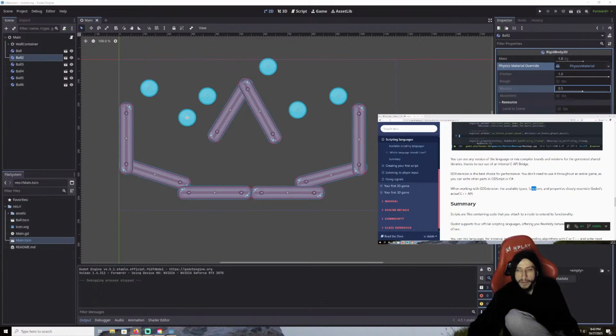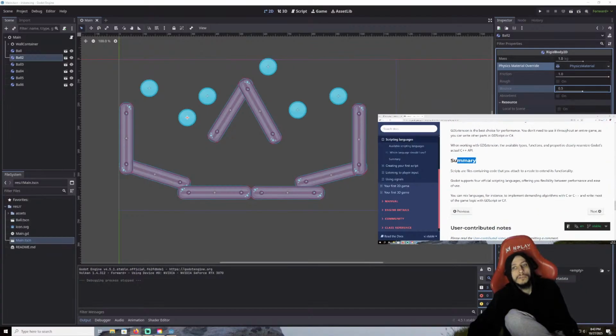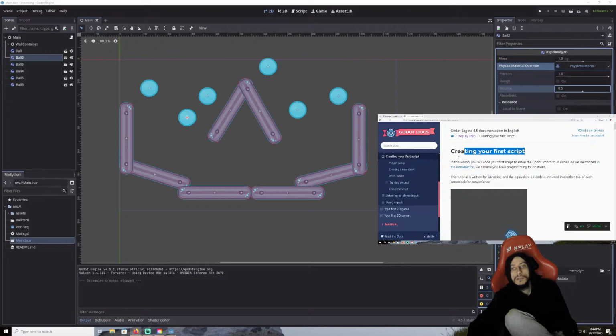GDExtension available. Scripts are files containing code that you attach to a node to extend its functionality. For official scripting languages, demanding algorithms. Nice. This is how you code your first script to make the Godot icon turn in circles. As I mentioned in the introduction, we assume you have a programming foundation. The tutorial is written in GDScript, and the equivalent C# code is included at the top of each code block